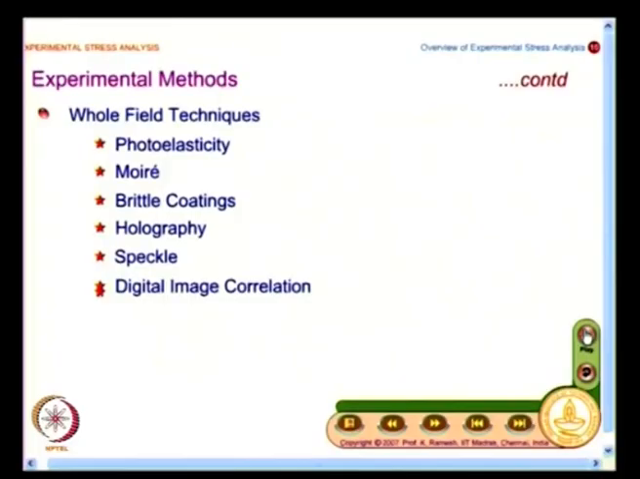And you have holography. Many of you must have seen holography as a sticker on many products. It is mostly used as a security device, but it is also a very good experimental technique, and you would essentially get the displacement vector. And you have speckle methods, which are a variation of holography, and one of the very recent experimental techniques is digital image correlation. This has the advantage of working at multi-scale. Specimen preparation and surface preparation are very simple,